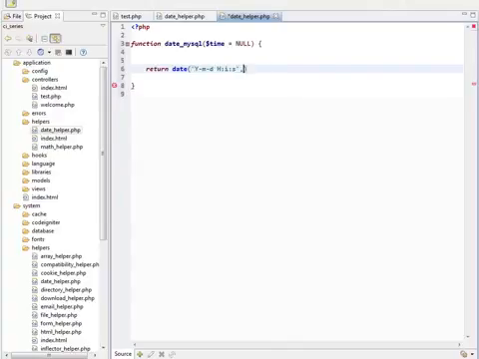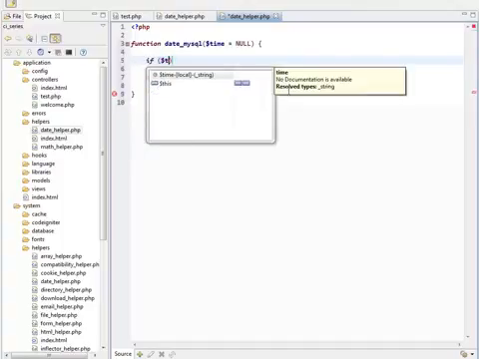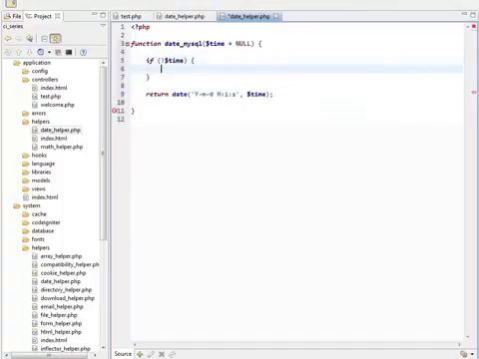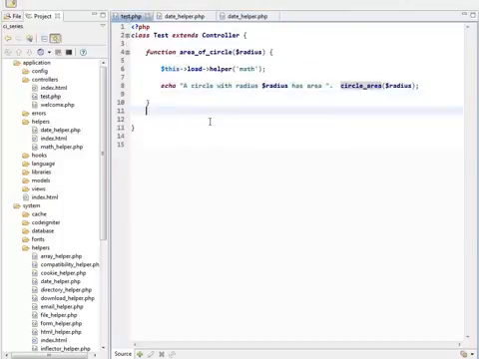And you're going to pass the time. Also, if the time is not given, we'll use the current time. Now we have a simple function that returns the date in the MySQL format,